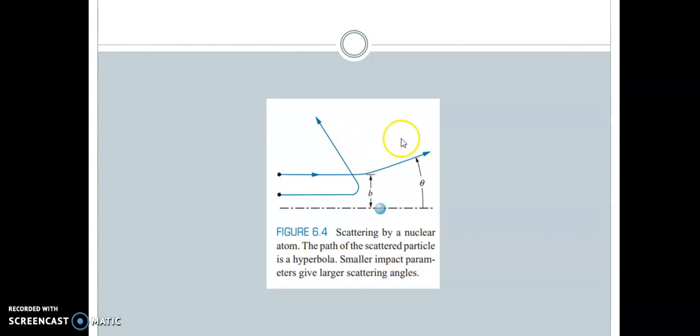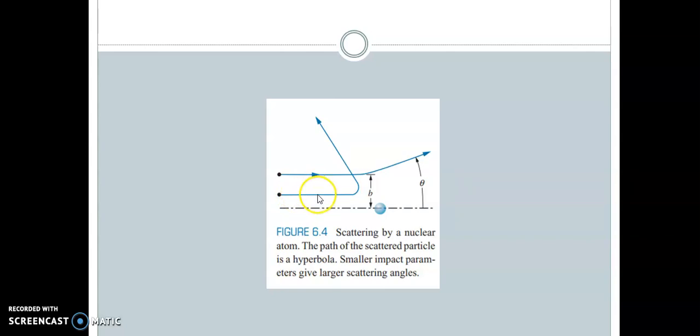So the projectile tending to collide head-on with the nucleus slows down due to the repulsive force of the nucleus, and it finally stops and it is repelled back. So this projectile retraces its path, scattered to an angle of 180 degrees. So this kind of alpha particles or projectiles with an intermediate impact parameter. So for head-on collision, the impact parameter is 0, and for intermediate impact parameter, they tend to hit the nucleus,